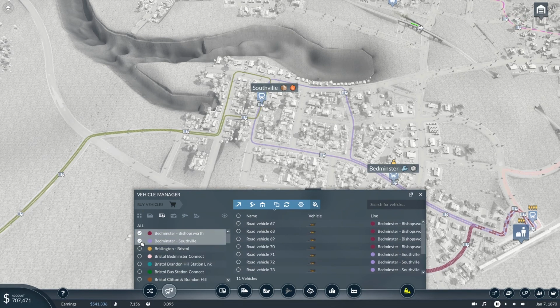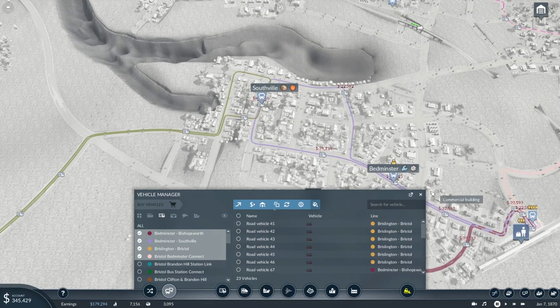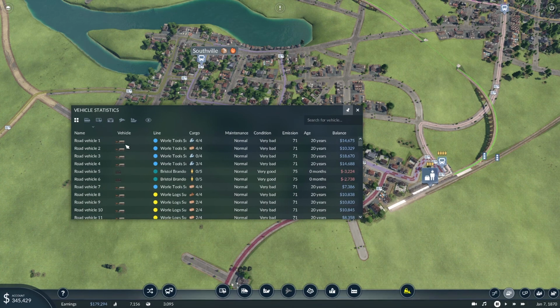That one, and that one. What about? Yeah, you're already done. So it's these ones here, and we'll replace you likewise with a Lobster. That's the job done. Okay, now what vehicles do I have which are really old? I've got the goods vehicles. We'll take care of those in a while. Do we have any